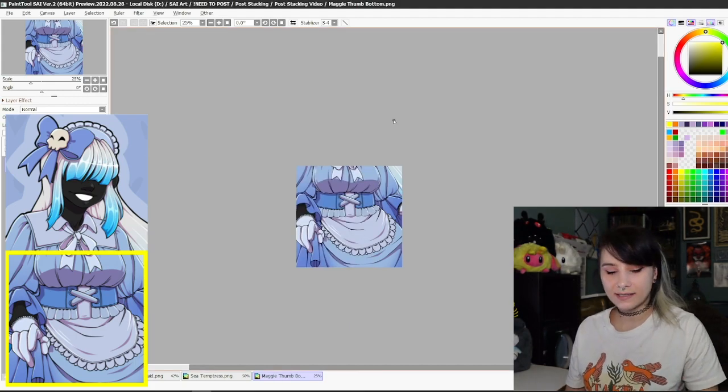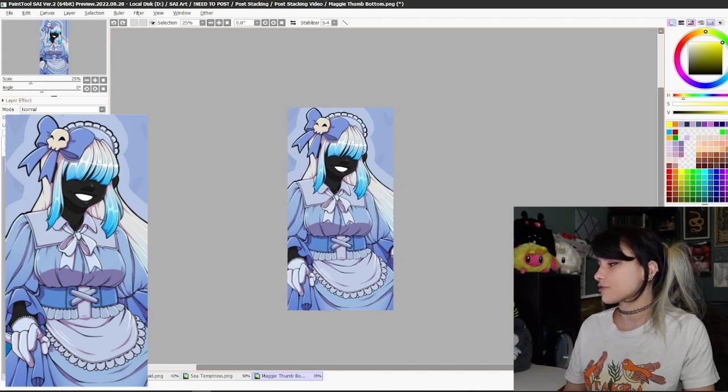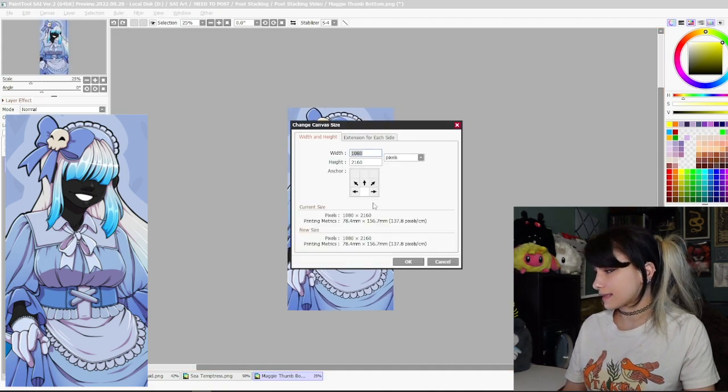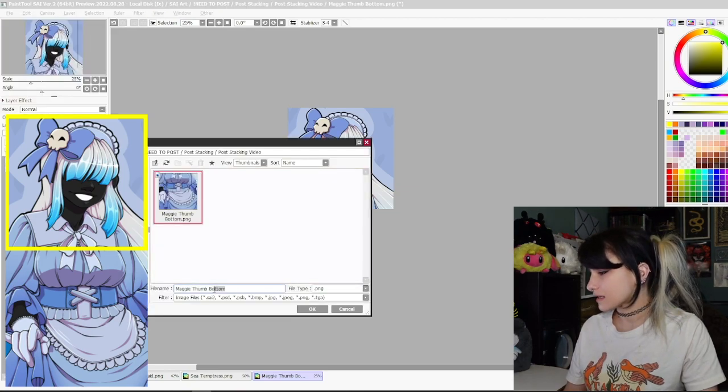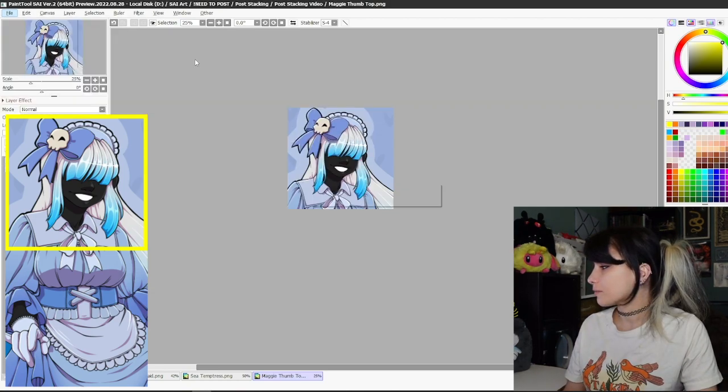And then once you have that saved, go ahead and hit undo so that you come back to this 1:2 canvas. And then we're gonna go ahead and change the canvas size again, go back to 1:1, so 1080 by 1080. And instead of having the anchor point at the bottom here, we're gonna actually bring it up to the top, hit okay. And now we have the top half of the stacked thumbnails. So if I save this as Maggie Thumb Top,